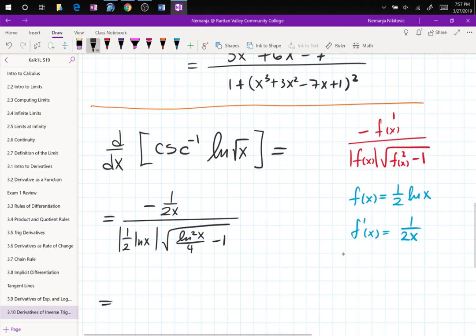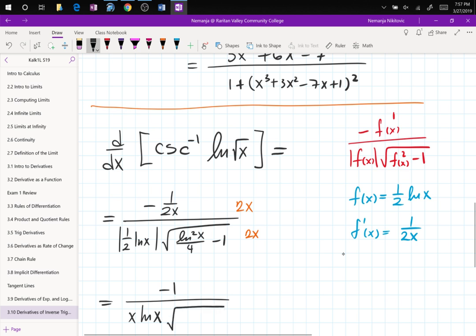Clean it up. If I multiply numerator and denominator by 2x, in the numerator I just get negative 1. In the denominator I don't need absolute value anymore. I will get x ln x